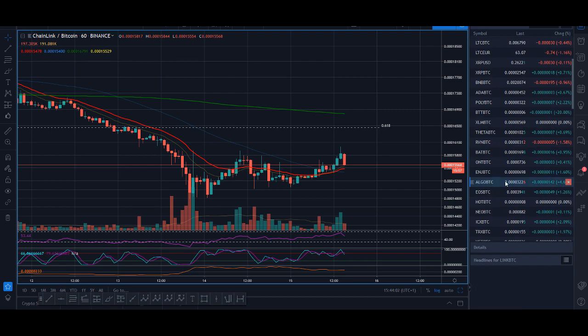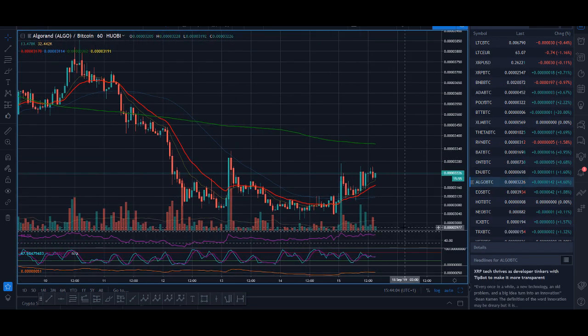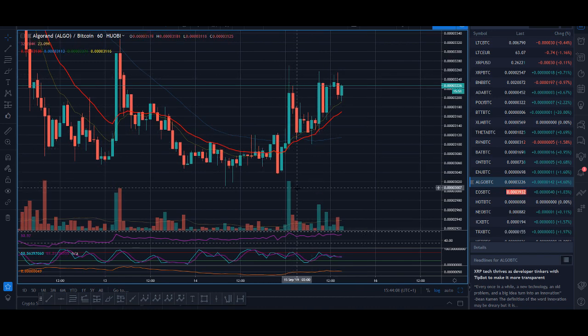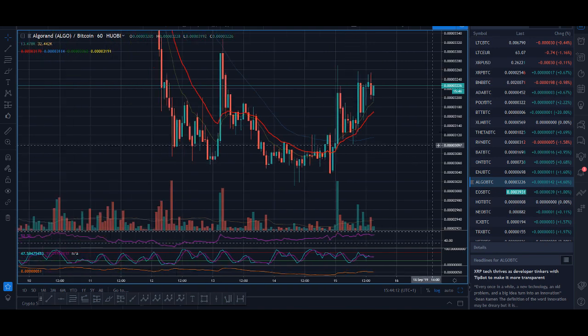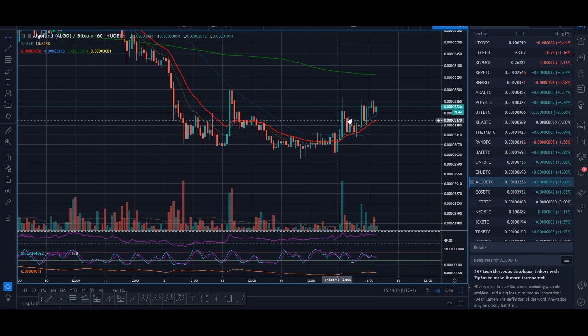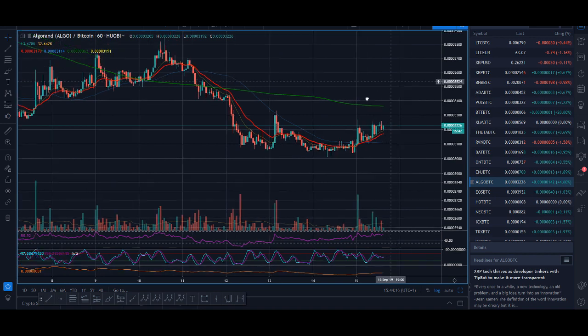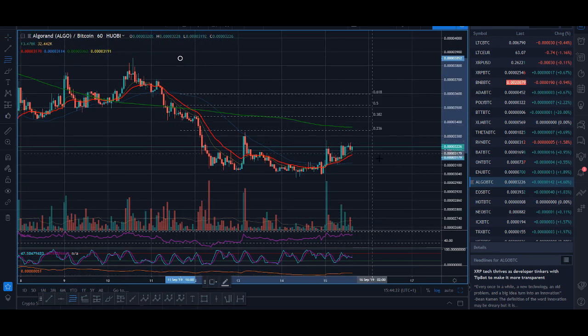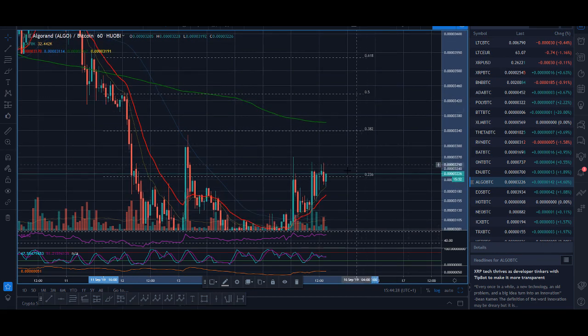Another coin that I like is Algo. I took a trade in Algo. Simple strategy, guys. You wait for a breakout, big volume coming in, and you buy the pullback to the red moving average. And this has been a nice little trade. And let's have a look at the fib. I'm pretty sure this will be the 236 fib level, and it sort of keeps repeating itself. And if it breaks above this 236 fib level, guys, then Algo could be a coin that I'll be adding to my list of coins to buy.